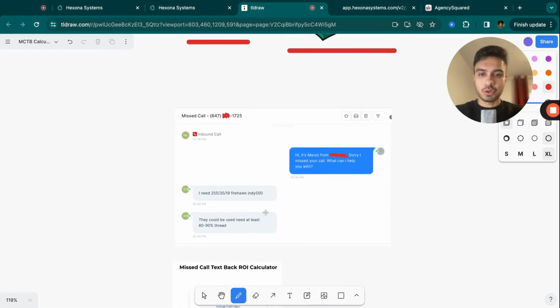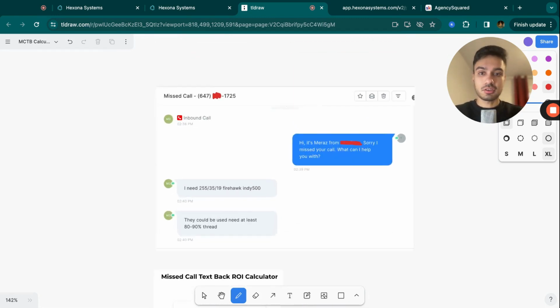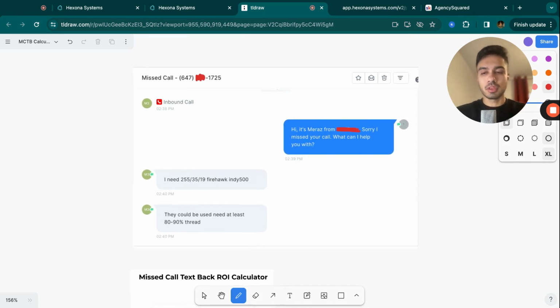But if you're new here and you don't really know what missed call textback is, here's a quick overview. When businesses get phone calls, a lot of the time they aren't able to pick up the phone for whatever reason, especially smaller businesses. If they're the ones doing the jobs, they're on site, like your local plumber, electrician, or landscaper. They're out doing the jobs. They're not there to manually answer the phones. They don't have staff or receptionists.